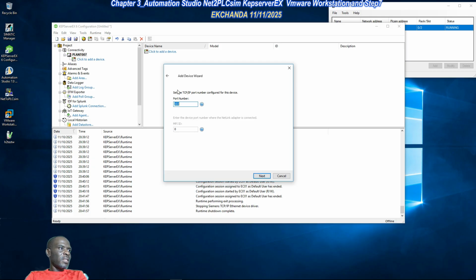port. Now this is the reason why we get an error out of Step 7 when we try to run the Net2PLCsim while it's already running, because apparently they all use port 102. So we're not changing anything here. We just go next,